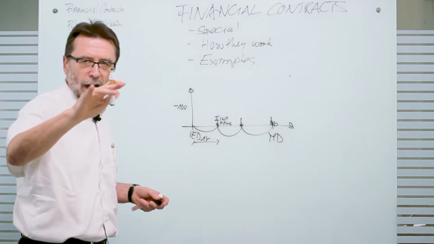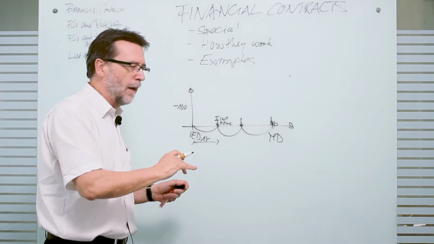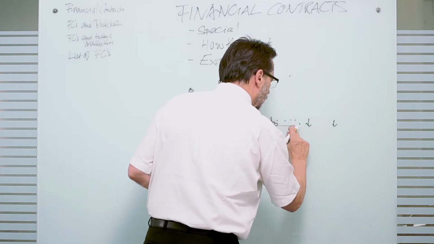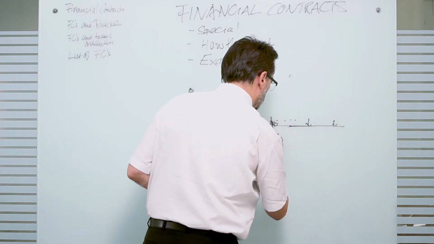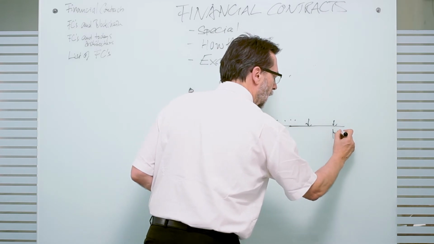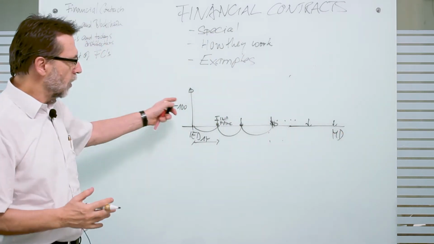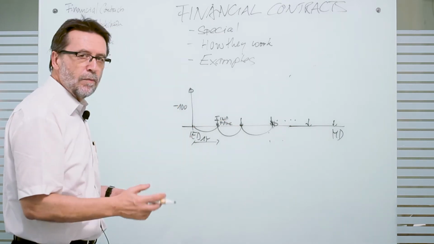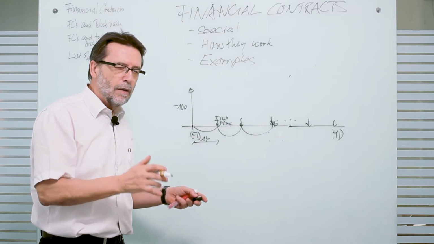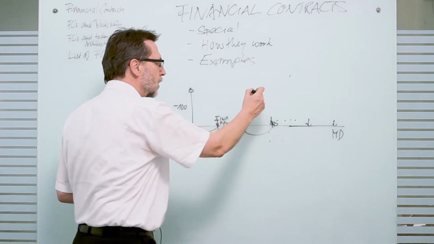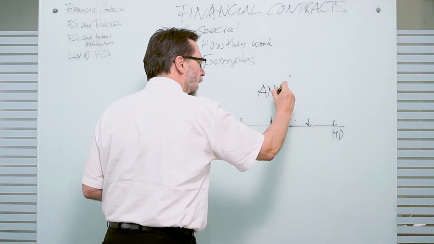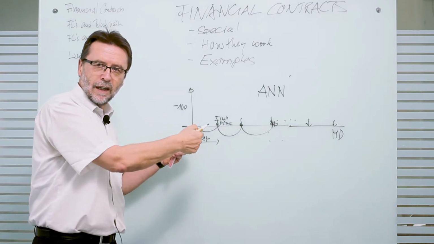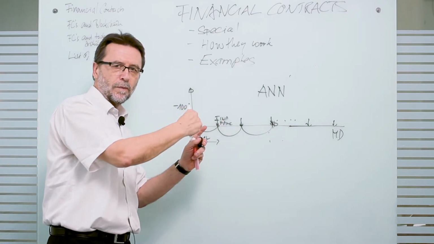So the formula is rather complex, so we are not going into the formula, but it shows you will have a long payment, and maybe here it stops. Here. So the MD will be here. So you see this contract looks very, very different to the first contract. But what they have in common, both can be described by algorithms. The algorithm for this one, we call this one in short form ANN for annuity. This one has a different formula to generate the cash flows than the first one.